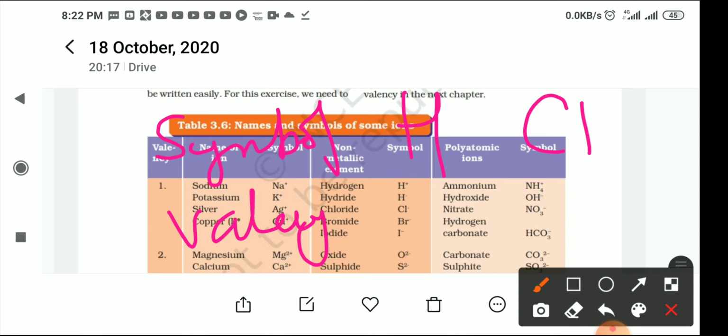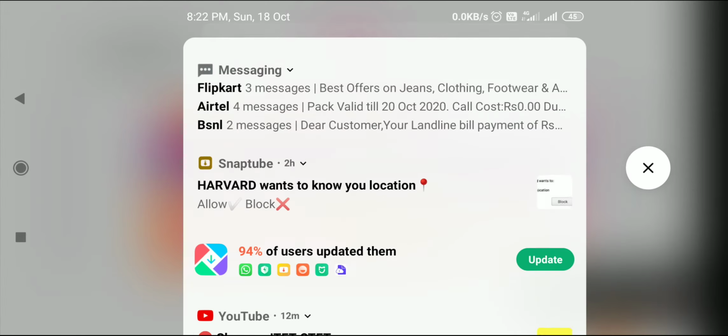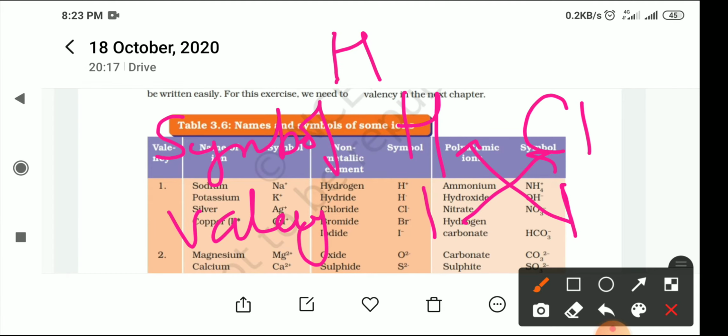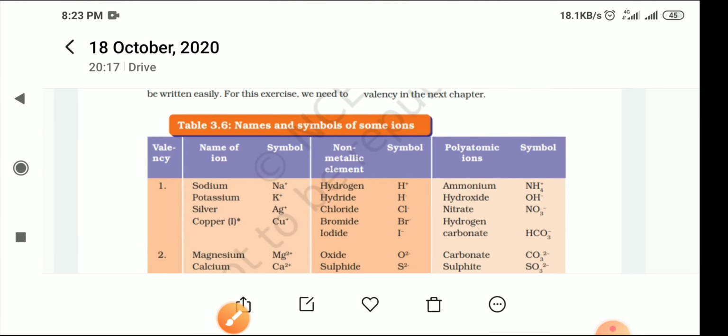The valency of hydrogen is 1 and the valency of chlorine is also 1. Now we will just crisscross these two valencies. The valency of chlorine goes to the downside of H, and the valency of hydrogen goes to the downside of Cl. So the formula of hydrochloric acid is HCl. Hope this is clear to you, how we are going to write the chemical formula of different compounds.